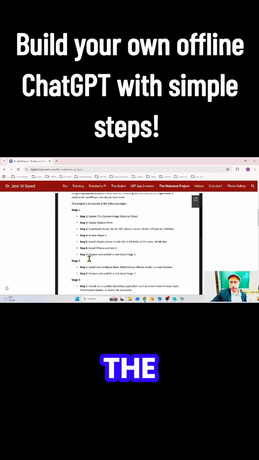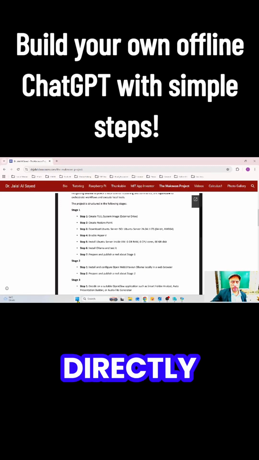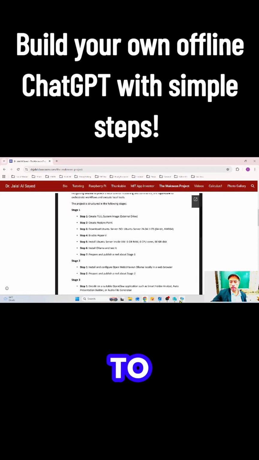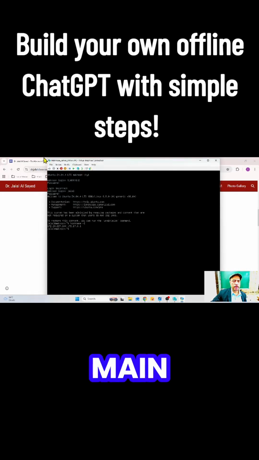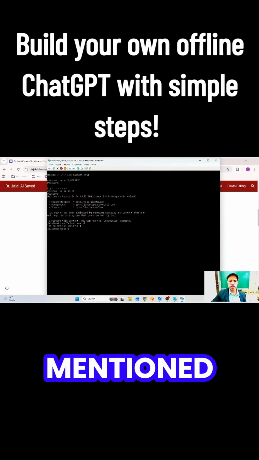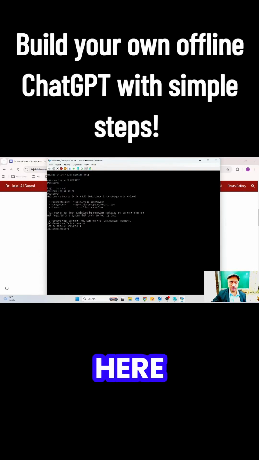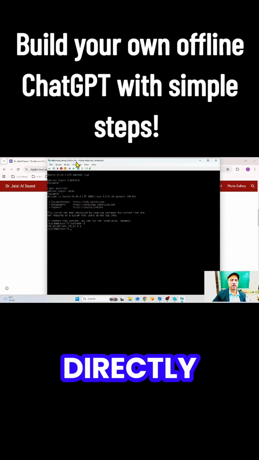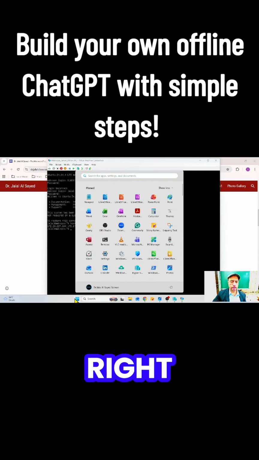Once you have followed the steps, you can directly go to the main Windows for your virtual machine. From here you will install everything and you will run everything. All of the commands that are mentioned in the tutorial, you will type them here. But for me, I don't like to type directly here. I always prefer to